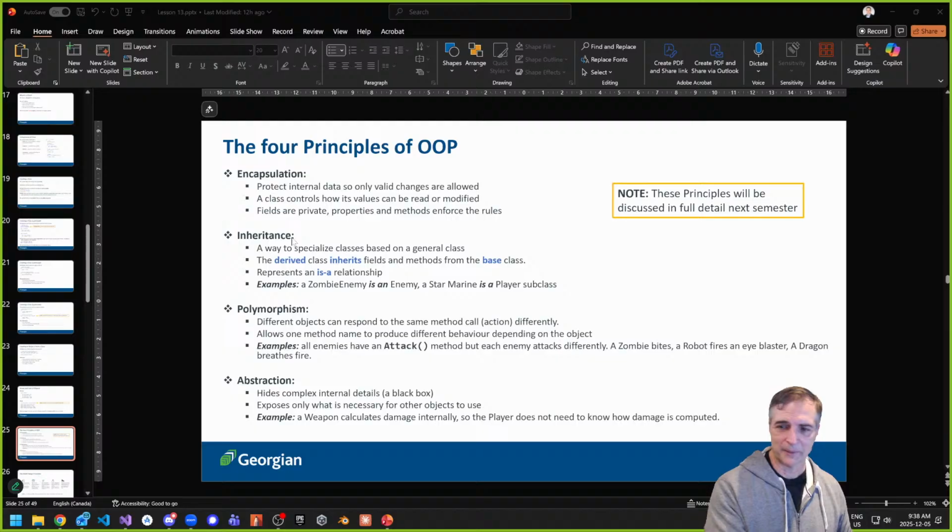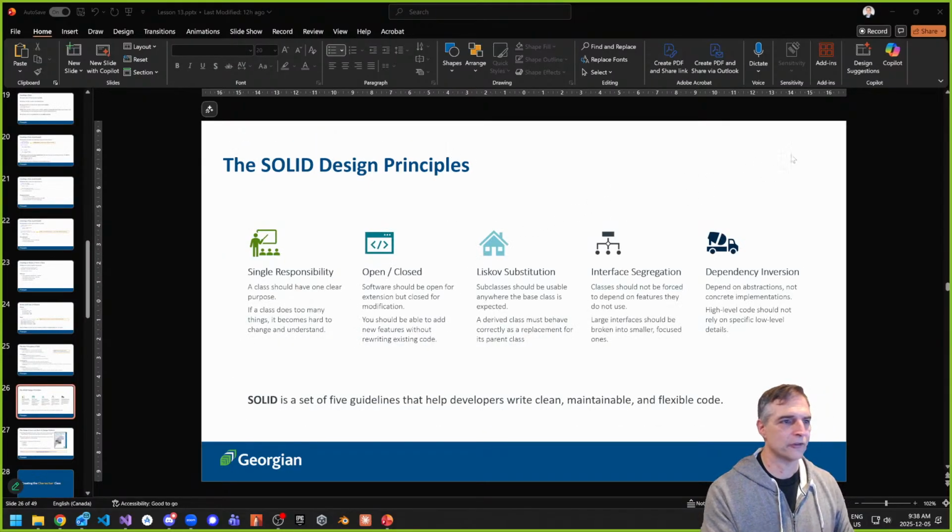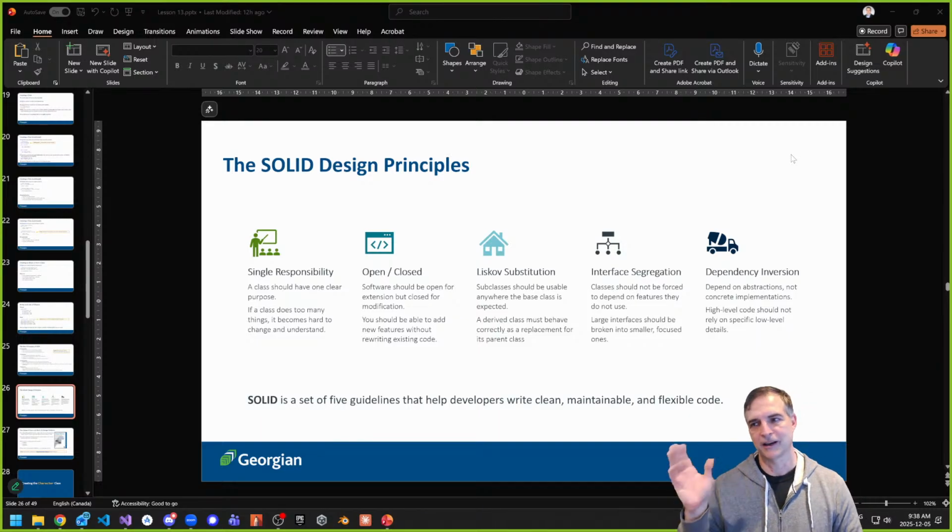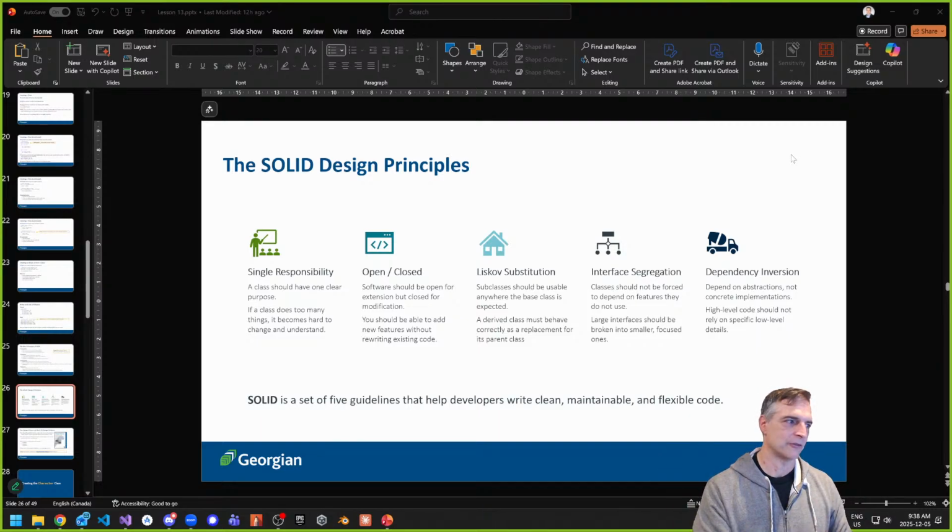Okay. One thing to also note is when we get more and more into OOP, and this is really high level stuff, but I want to talk about it with you so you've heard about it, there's something called SOLID design principles. And I don't need you to remember much about this at all either.